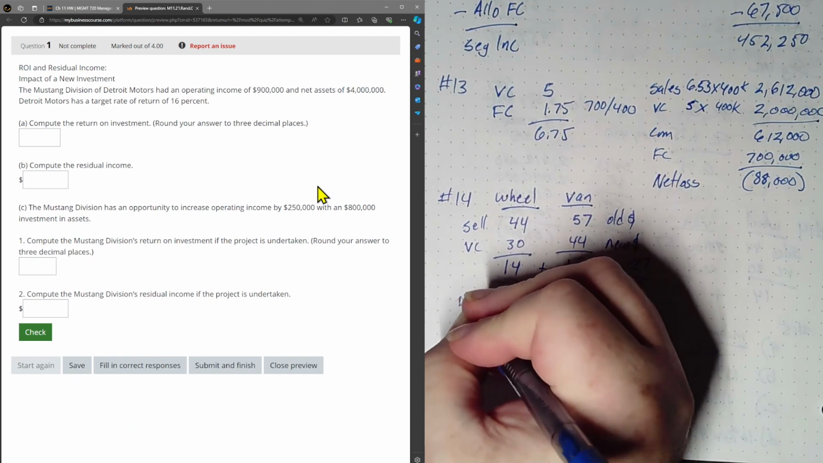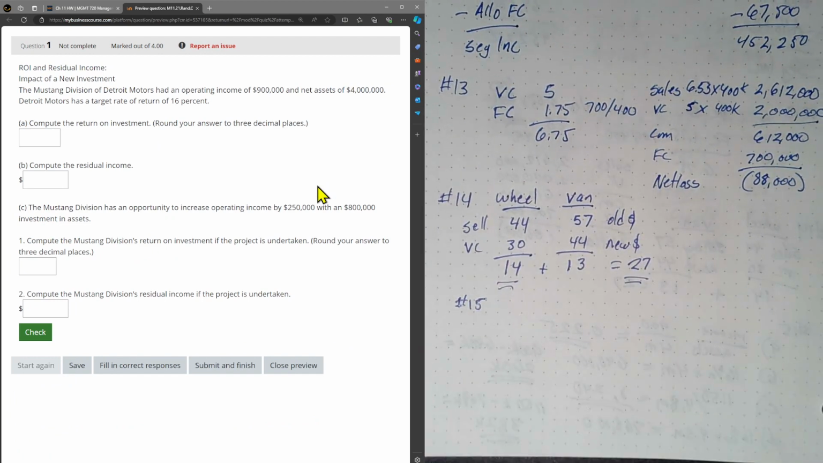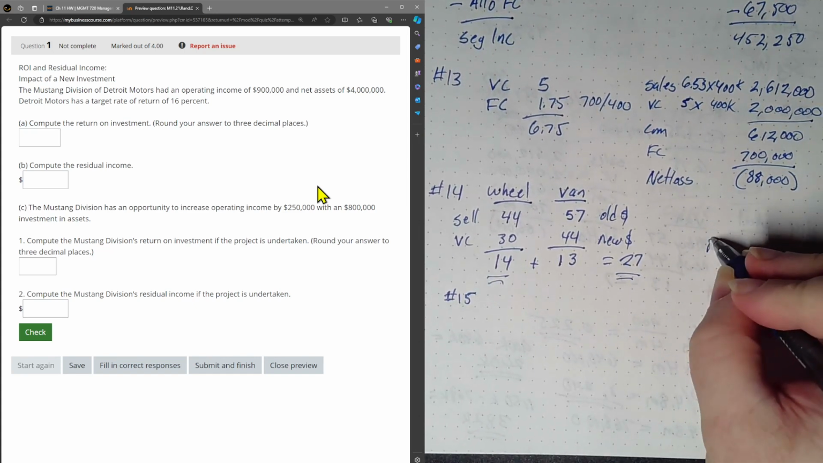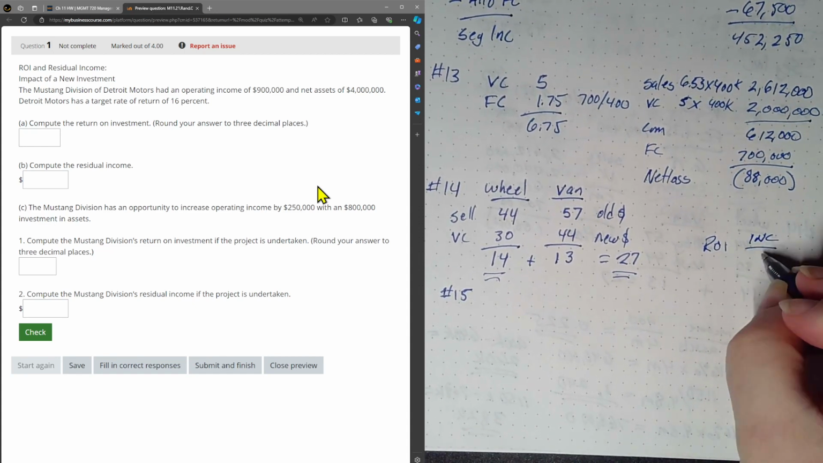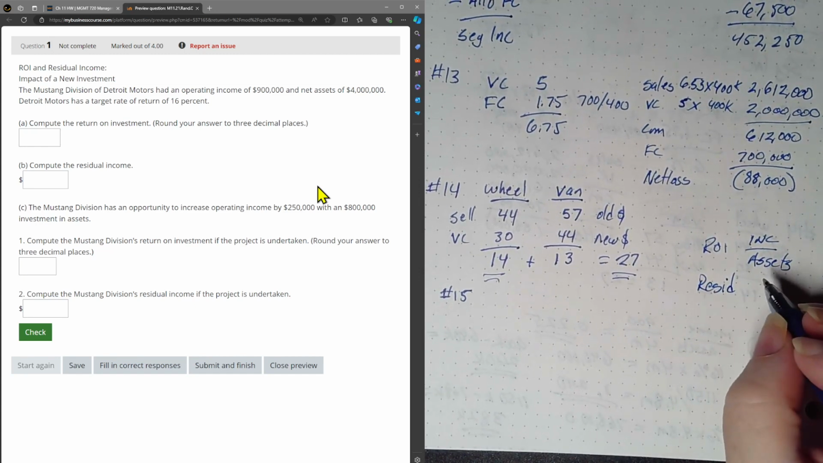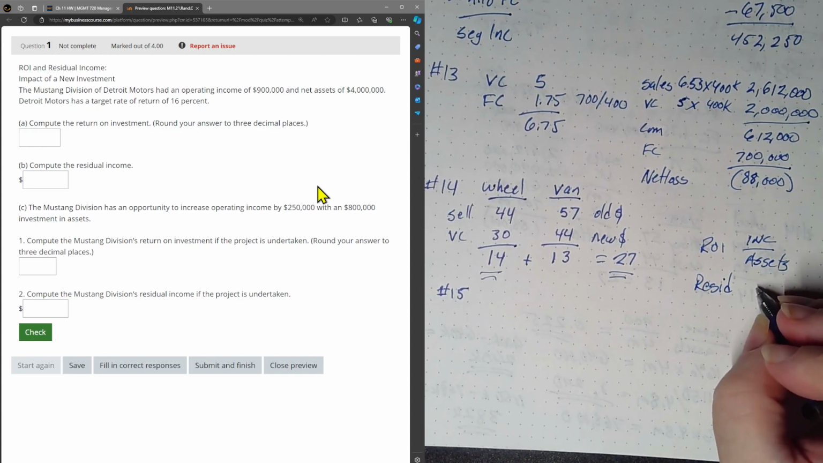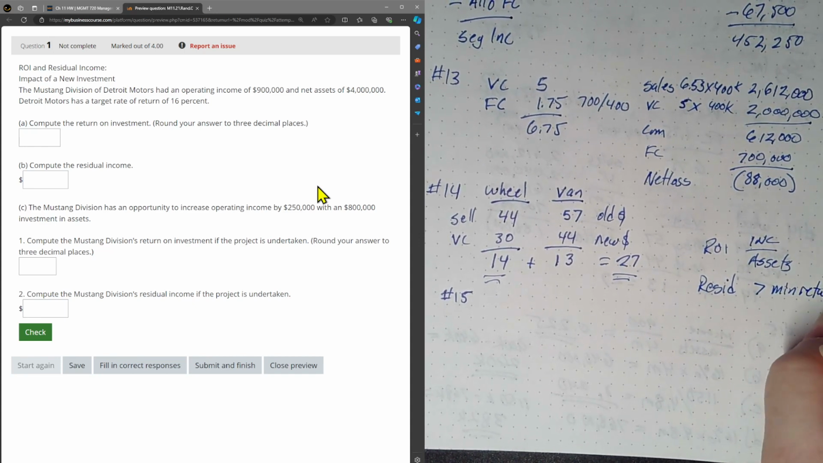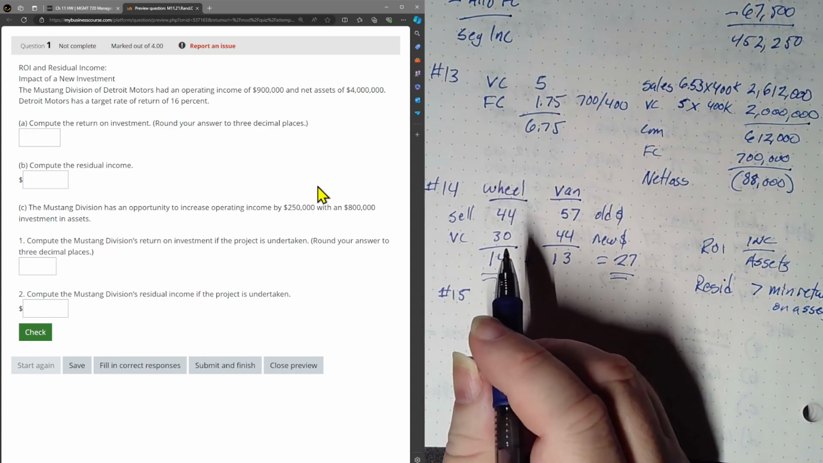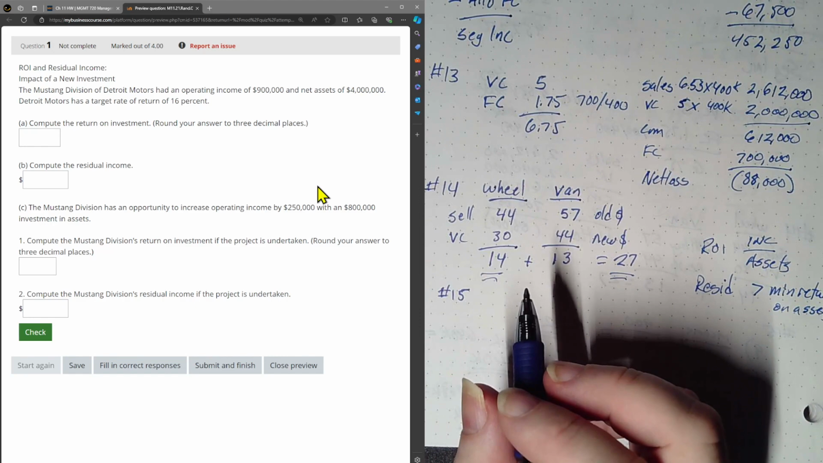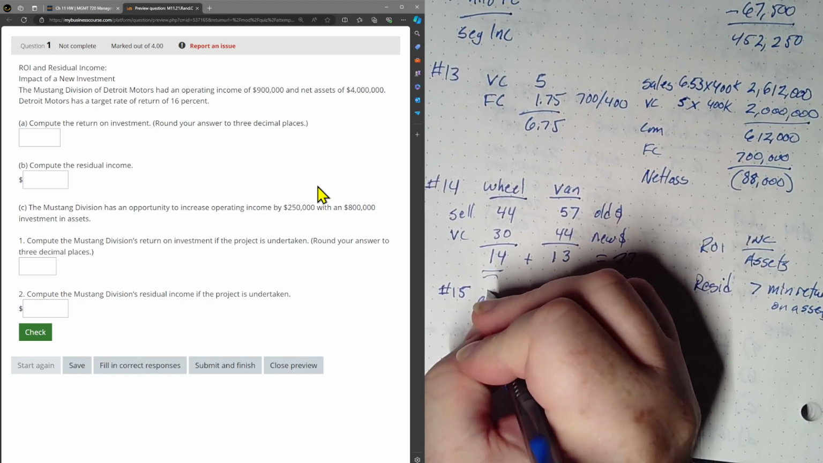We have number 15. And this is the ROI and residual income. Just remember that ROI is going to be income over assets, and the residual is going to be the amount that is greater than the minimum return on assets. And you'll see what I mean in a second. So here, Mustang division of Detroit Motors had an operating income of $900,000 and net assets of $4 million. Okay, so the first one is going to be